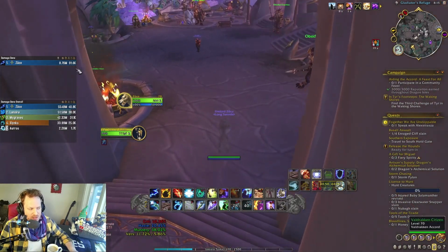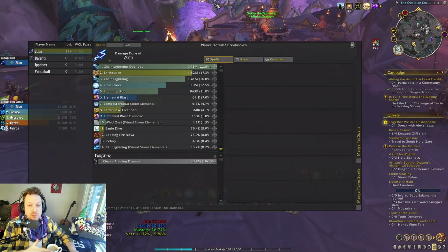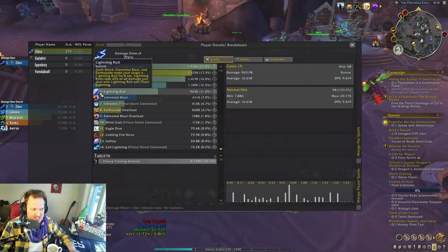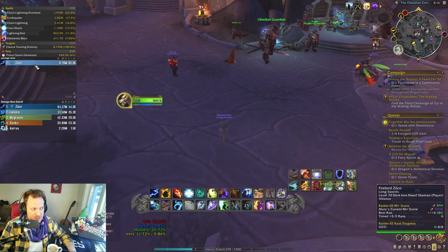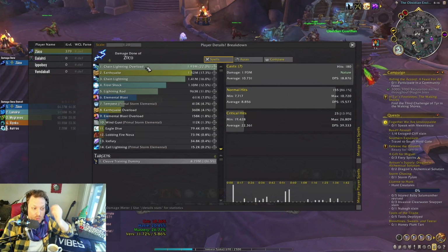That's really core. The other great thing about the Frost Shocks is that they're instant cast. They give you the ability to move. So you're very mobile, actually, with this build. Look at Lightning Rod damage. It's insane. Lightning Rod's really, really good. Frost Shock's really high. Earthquake damage is huge because we took that 1 point in Echoes of the Great Sundering. And then, of course, Chain Lightning Overload is our #1 damage